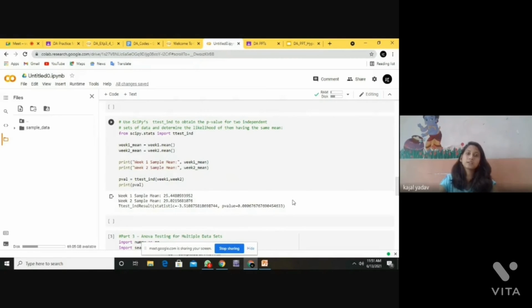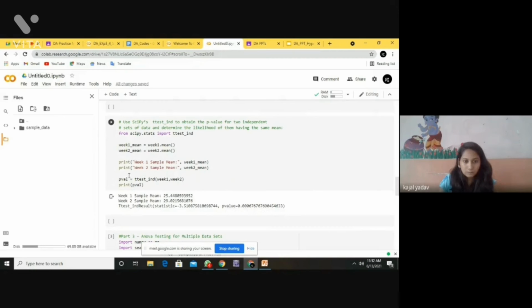From scipy stats import ttest_ind. We get the week 1 mean with week1.mean and the week 2 mean with week2.mean. We print the week 1 sample mean and the week 2 sample mean, then run the t-test ind on week 1 and week 2 to get the p-value.